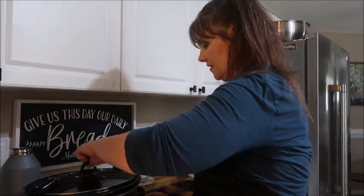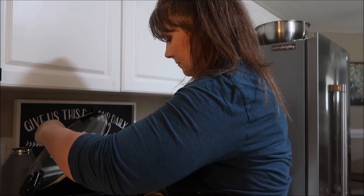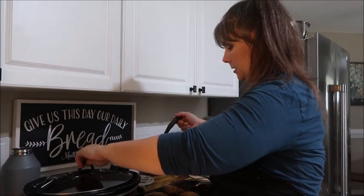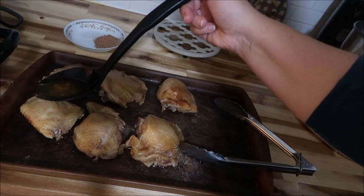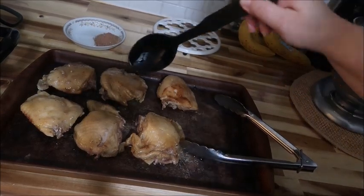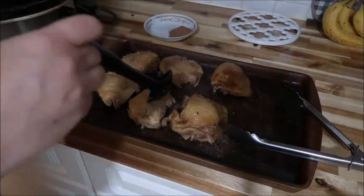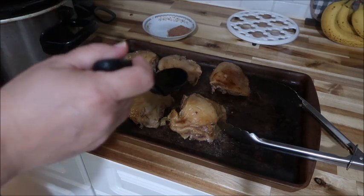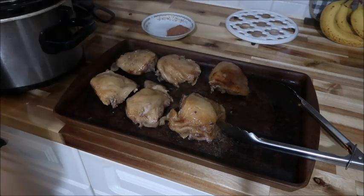This was only 6 thighs. Here we go. We're going to get a nice scoop of liquid. Come over here, let me show you what we got going on. Okay, here's our butter chicken, and I'm going to just put a little bit of this liquid over top. And remember, this liquid had a whole stick of butter in it, so there's plenty of fat that'll make this crisp up in the oven. So there we go. All right, a couple scoops of that, and then